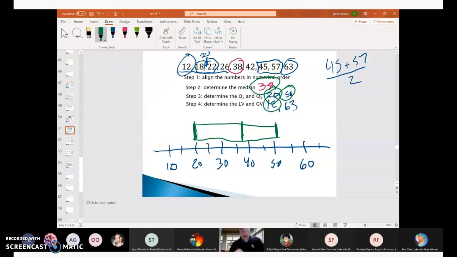Now, 12 is my lowest value. 12 would be about right here. 63 is my highest value. That'd be about right here. Okay. So if I looked at this and said, how many numbers